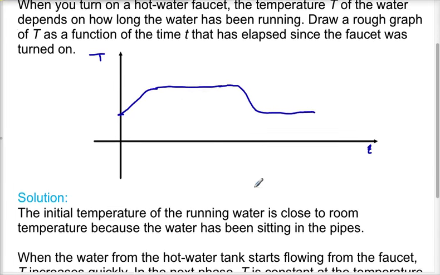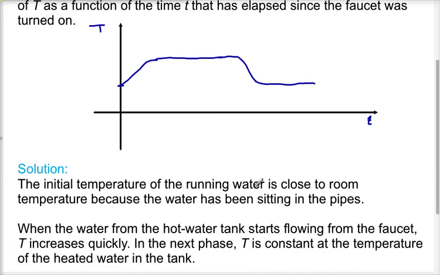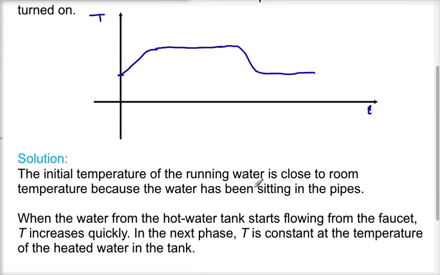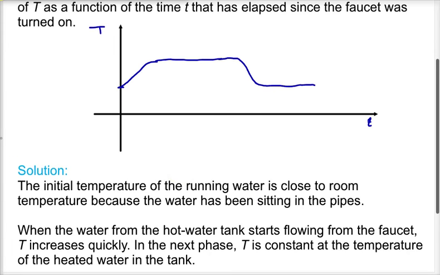So if we think the initial temperature of the running water is close to room temperature, because the water has been sitting in the pipes. When the water from the hot water tank starts to flow from the faucet, T increases quickly. In the next phase, if we wanted to annotate the graph, I know that this is the water heating up,